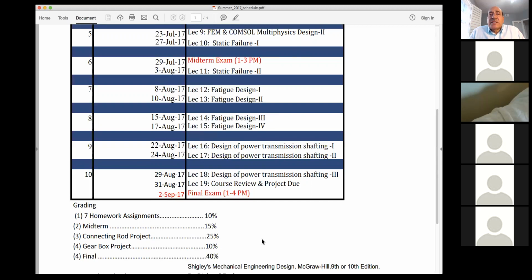So that project, the idea is that it is a comprehensive way to design a typical component in an automotive application. So that goes from application of understanding of stress and strain and material failure and fatigue failure to using